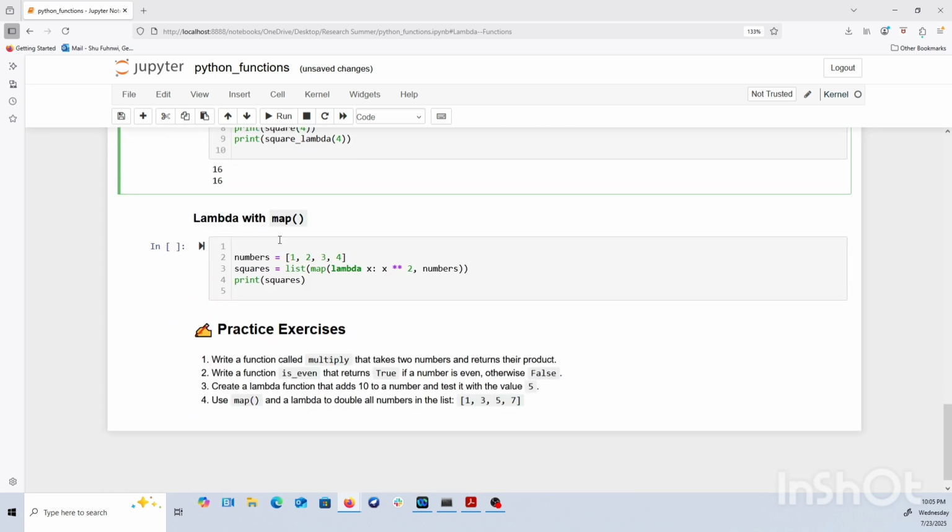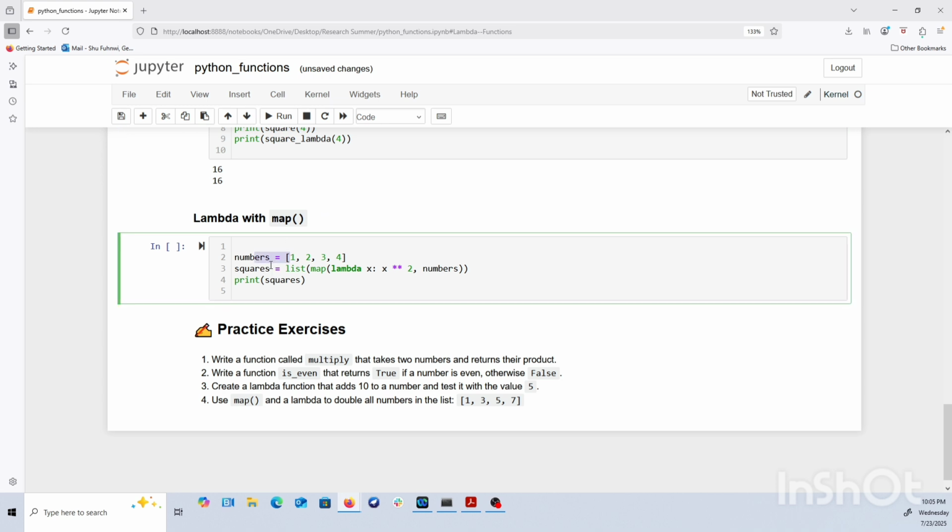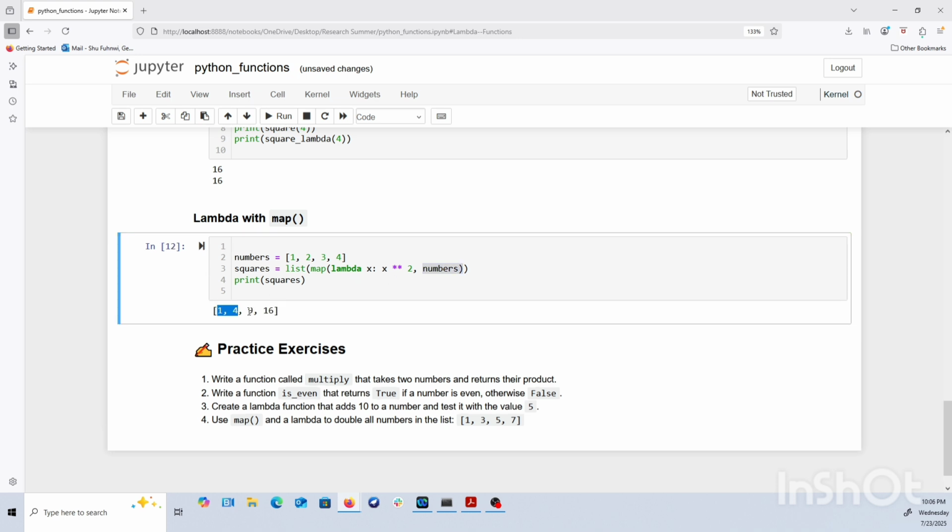Now we can use lambda functions with what we call mapping. Let's say I want a list of numbers from 1 to 4, and then I want to get the square of those numbers. What I can do is I can just do list, map, because I want to square every value in that list without looping through the list as we saw yesterday. I can just do map, lambda x, x raised to the power 2, and pass in that list. So if I do this and print, I will see that everything in that list